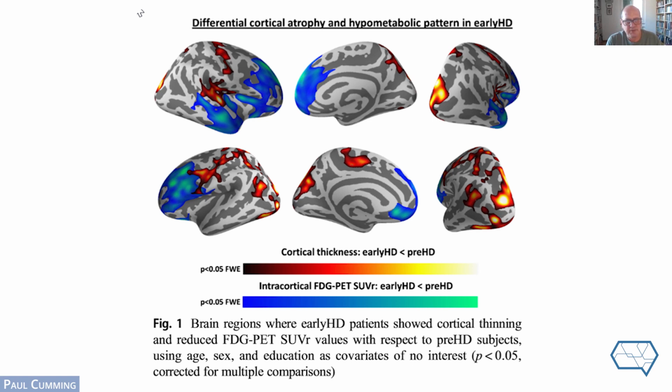And here, it's a little bit complicated because I told you at length about FDG glucose, but here they have also availed themselves of multimodal imaging using MR scanning to measure in the same subjects the cortical thickness. And if you remember from the gross anatomic slide at the beginning, cortical thickness atrophy is clearly indicated in the end stage of the disease. But it's also occurring as the disease progresses.